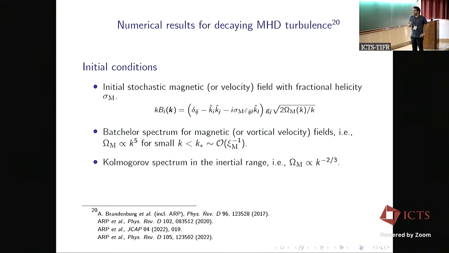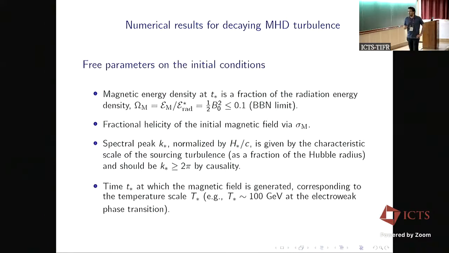So we have a few initial parameters that we can control. We initialize it by allowing the total energy density of the magnetic field to be an input parameter, and we always set it to be below 10% of the BBN limit. Then we can also control the fractional helicity, from non-helical to fully helical, from 0 to 1. We can put the spectral peak at different positions, which are normalized with the Hubble scale at the time